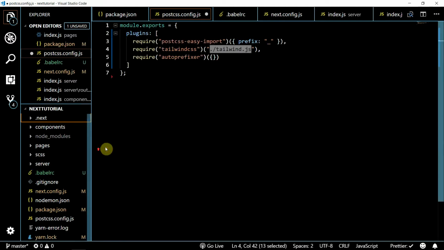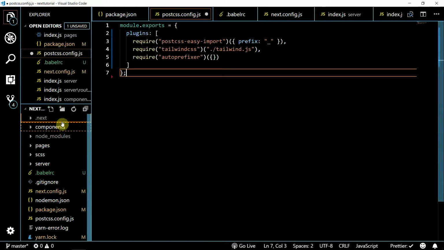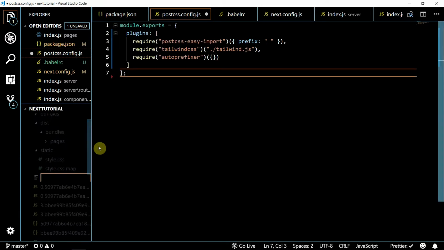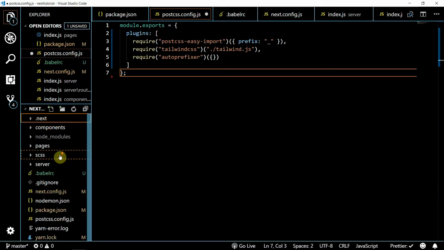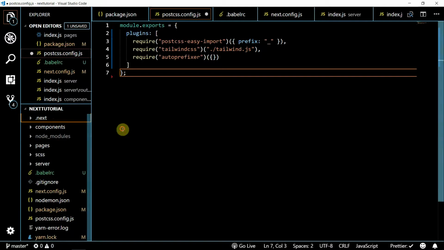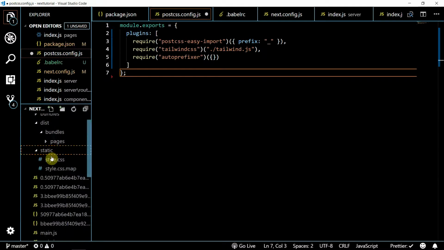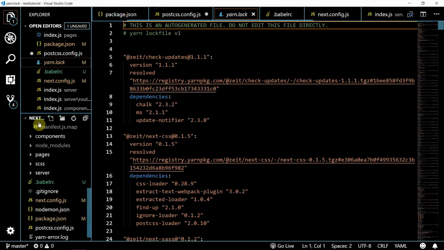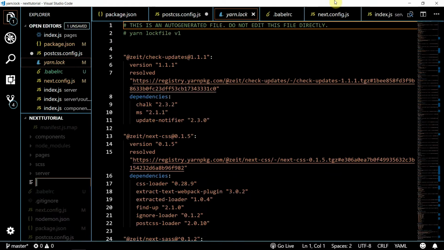So I'm just going to copy that directly from the documentation, and I'm going to stay out of my next folder and create Tailwind.js,